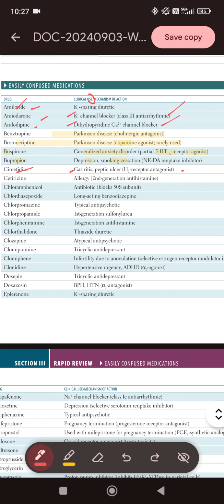Cetirizine we all know, it's a second generation antihistamine. It's given in allergy. Then we have